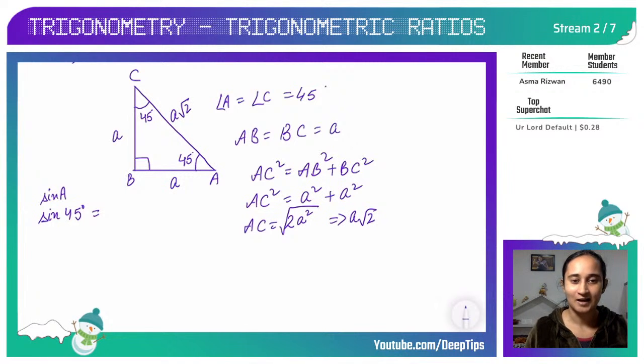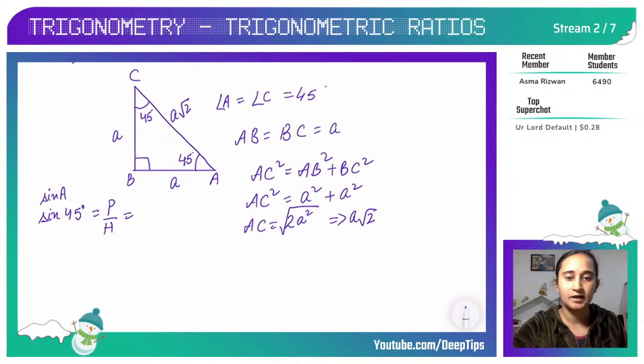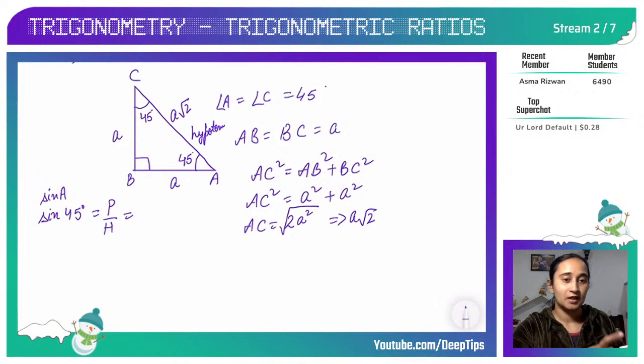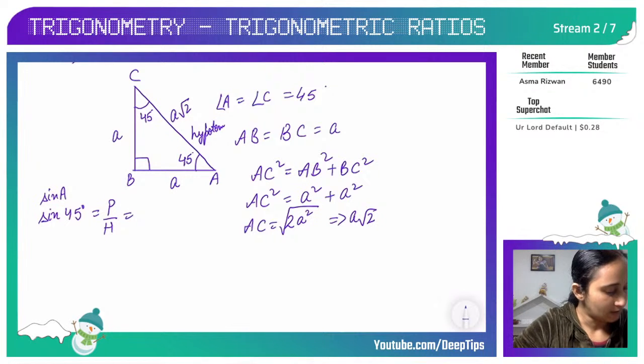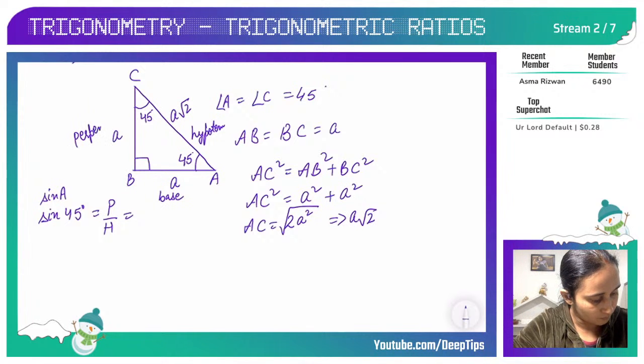So what is the trigonometric ratio sine? Sine theta is equal to perpendicular upon hypotenuse, right? So what is my P here? We have already learned in the previous stream how to identify the sides of the triangle. So angle B is 90 degree, so the side opposite to 90 degree is the hypotenuse. I am just writing it again, so those who are watching today are able to connect with it. And this is my base because I am taking angle A, and this will be my perpendicular.